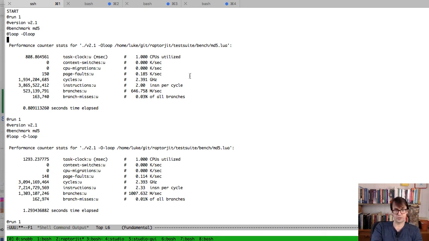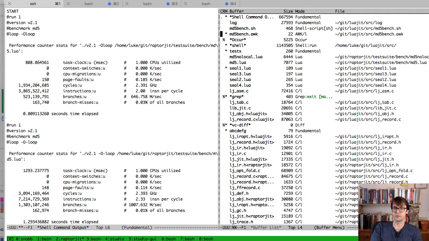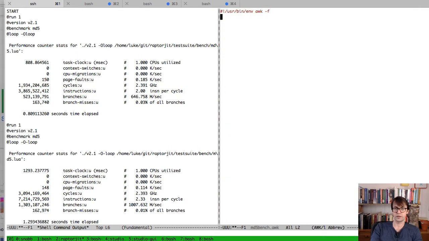Anyway, let's write some awk code and stop saying blah blah blah. MD5 bench.awk. We want to match on when we see this line with run, then we want to say run is the second field. So if the line matches at run, then we assign the run variable to 1. And likewise,